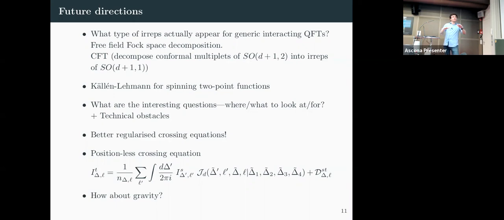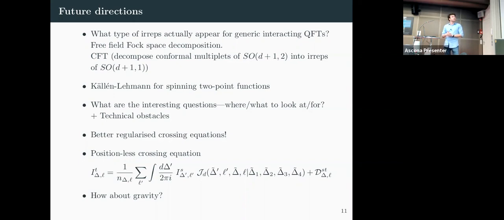We assume some gap and did the study just as a matter of principle, and it gives non-trivial bounds. But it's important that we have some phenomenological input to understand where to look for this bootstrap question. And also, we came up with this regularized crossing equation, but it's better to have a systematic way to approach